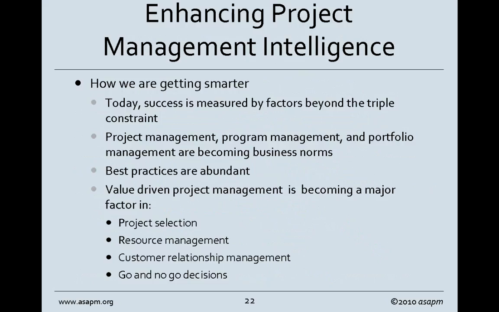Along the lines of project management, program, and portfolio management, these are practices that are now being extended across the organization. And so what one project learns, those lessons really need to feed into other programs and projects across the organization and be a part of the project selection process, the resource management process, customer relationship, go, no-go